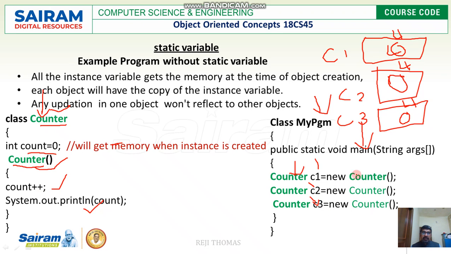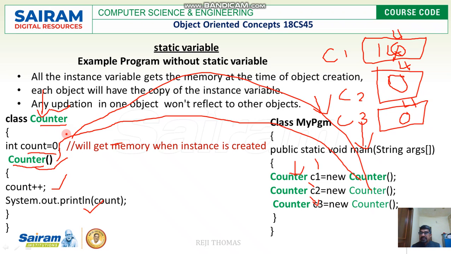So whenever I call the constructor with my first object, I'll increment the count. The moment I create the object, this will be initialized to 0. And what this constructor does is increment the count by 1. So this is going to be 1 now. Again, I've created another object called C2. The moment I create the object, this is going to be 0, and it is going to call the constructor, which is going to increment the count by 1. Again, this is going to be 1.